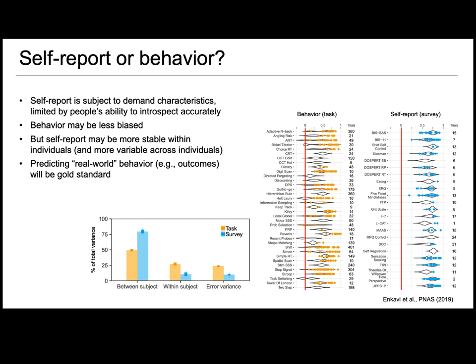And then, of course, it's important to keep in mind that our gold standard at the end of the day is going to be predicting real-world outcomes, right? So if I just give you a pencil and paper test on the same day as I give you your scan, and then I try to use your scan to predict your pencil and paper test, ultimately I could just look at your pencil and paper test, right? The brain data is just going to be a noisier